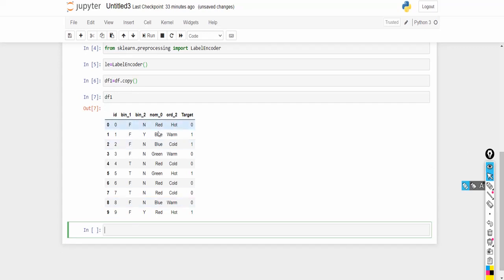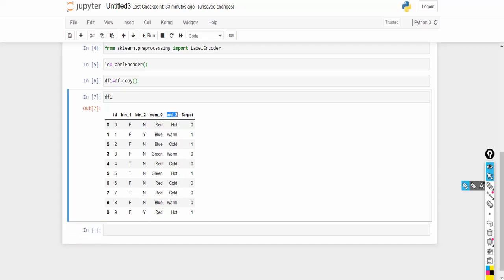Let me take the odd_2 feature and apply the label encoder technique. You can even apply label encoder to all the features. I'm going to transform these categories using label encoder.